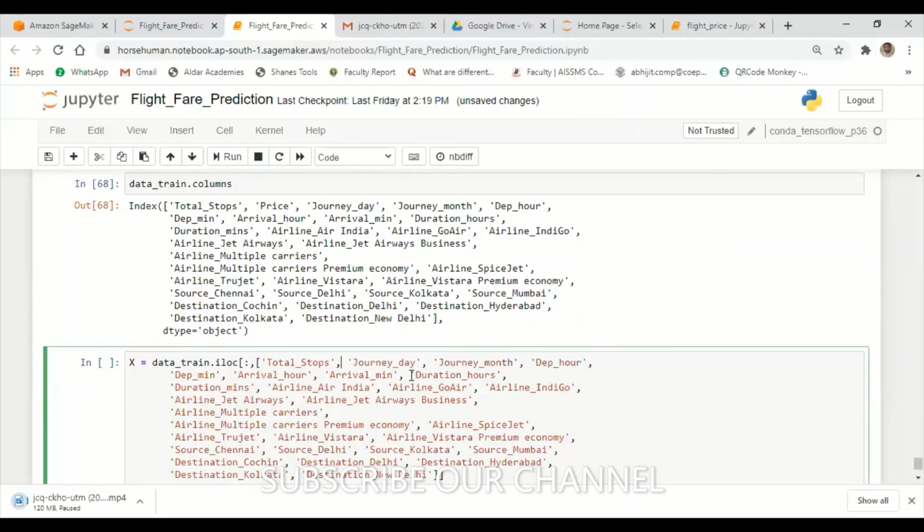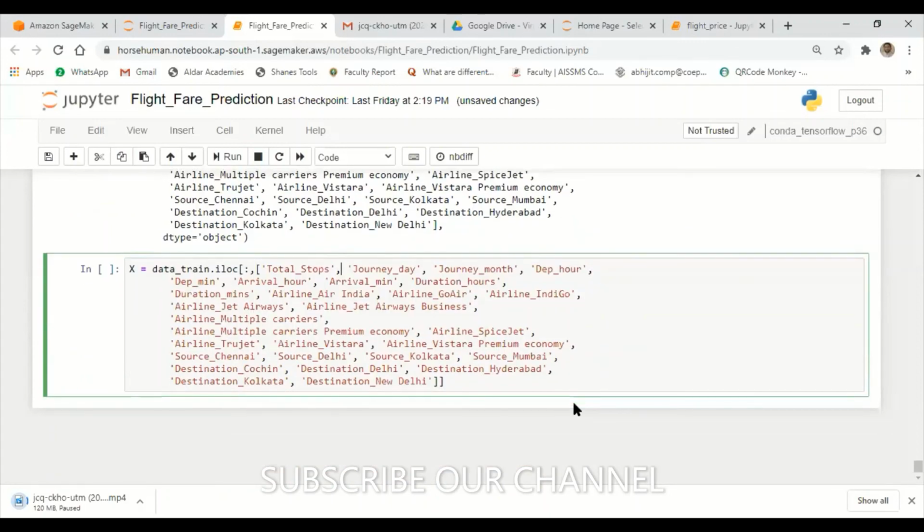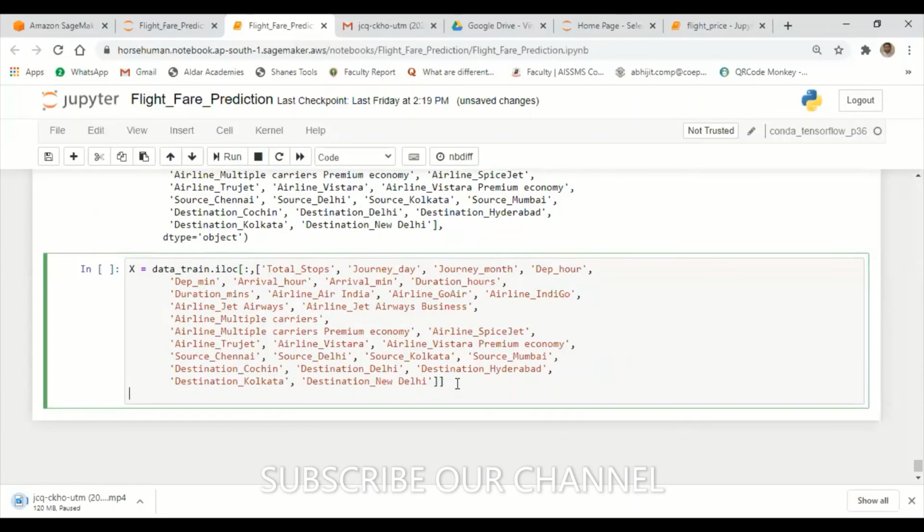Now you tell me, do we require this many columns? Let's see. Let's have the head now: X.head. Next, shift and enter.